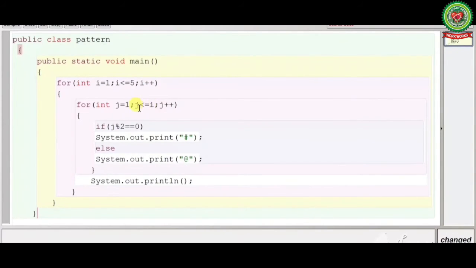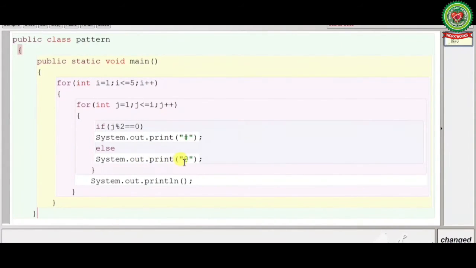Condition is true. Again, it will check if j % 2 == 0, System.out.print hash, else System.out.print at the rate. Now you can see 1 modulus 2 is not equal to 0. So it will print else System.out.print at the rate.